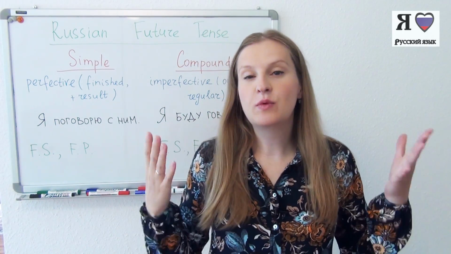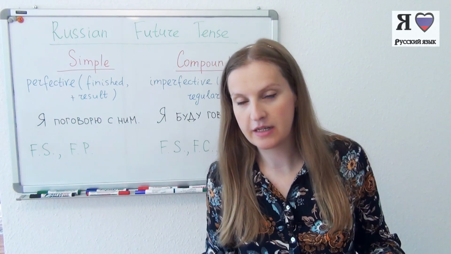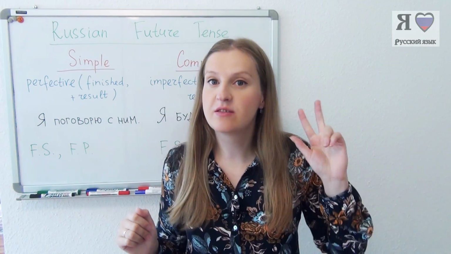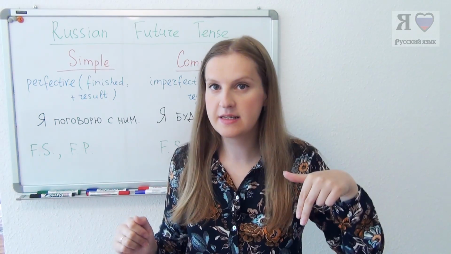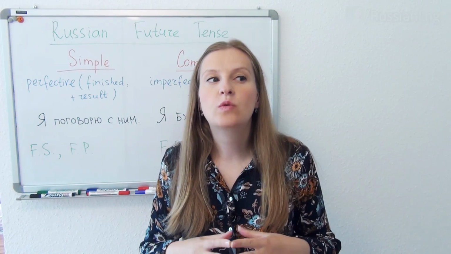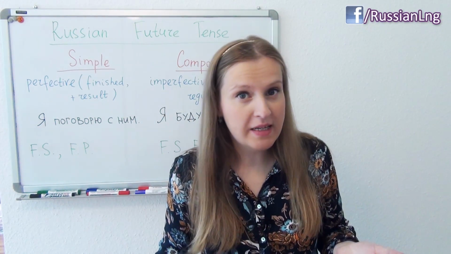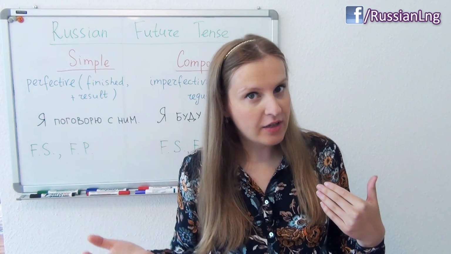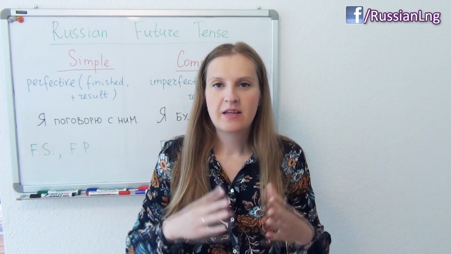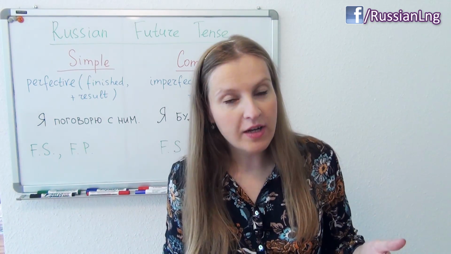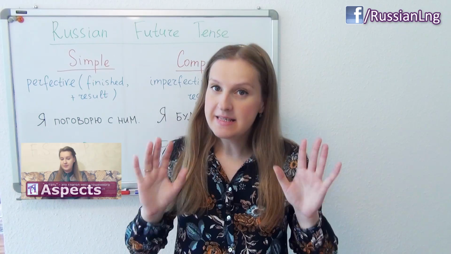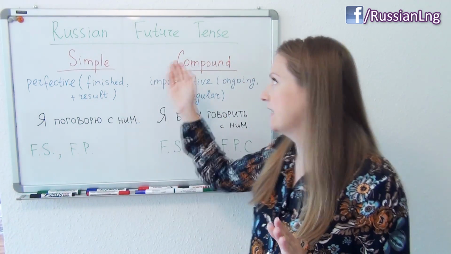In Russian, we don't have so many tenses as in English. In English, there are 12 tenses, OMG. In Russian, there are just 3: past, present, and future. However, in Russian, there are also aspects, which show whether the action has finished already, or it is an ongoing action, continuous action, regular action, and so on. If you don't remember what aspects are in Russian, you can also check this class out. But let's focus on Russian future tense.